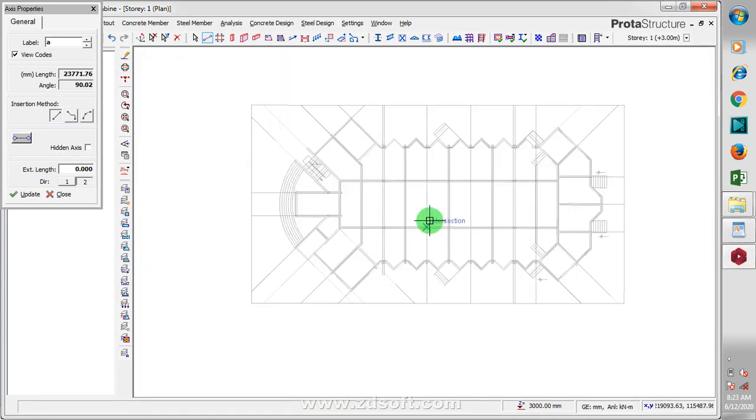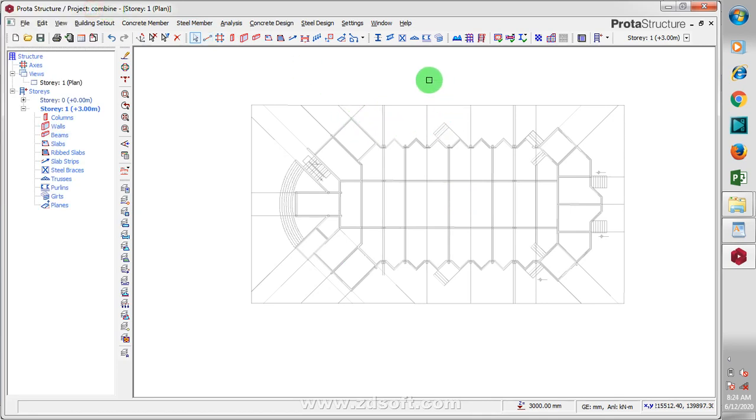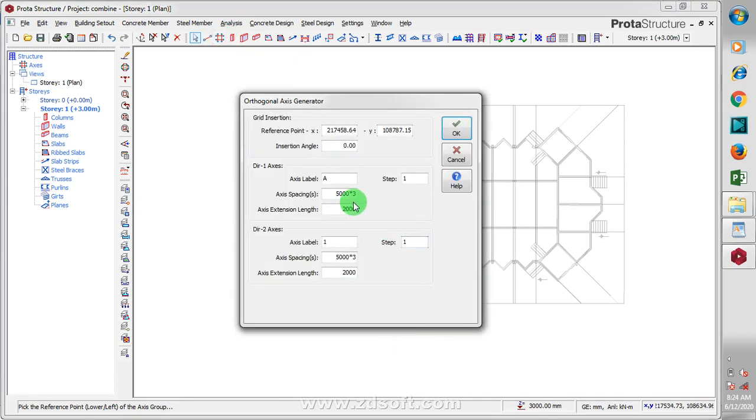Right now you can see here, once you have your drawing that is already imported, or maybe you actually created your axis here in the protastructure itself, you can create axis. If I click on this orthogonal generator, you can see it's telling me our axis spacing is 5 meters. We are going to have 3 of them in 5 meter spacing. Here down you can see this is direction 1 axis, direction 2 axis, just like your x and y axis. Once you do that, if I click on this okay,